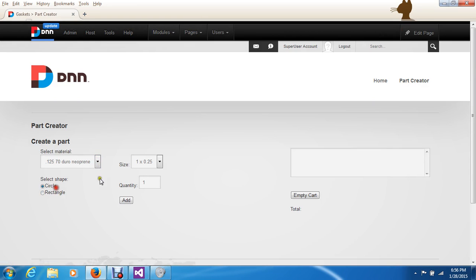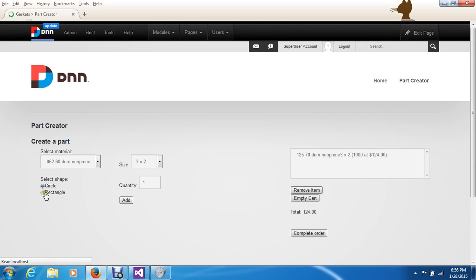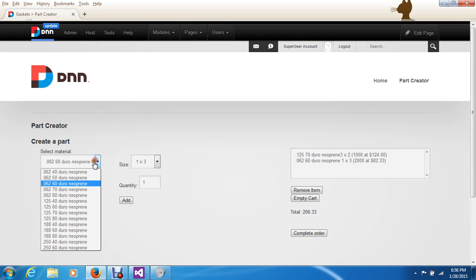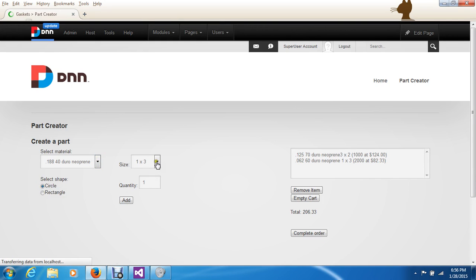and this time we'll add a couple in. 3x2 circle, 1,000 of those, add, add a rectangle, we can remove one of the items, and here's our total 168.83. Here's our 2 parts. Complete the order,